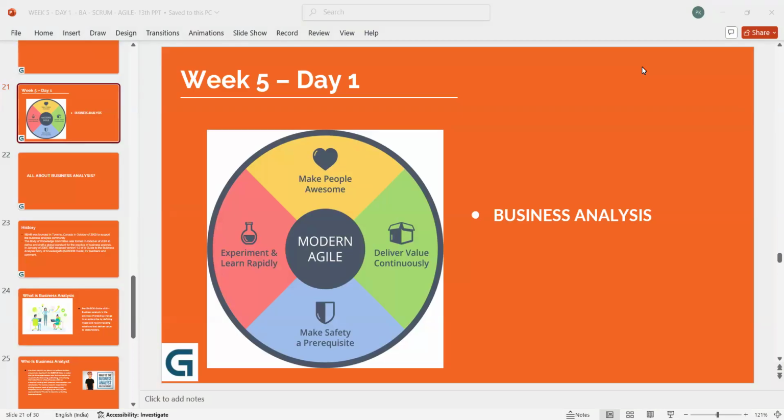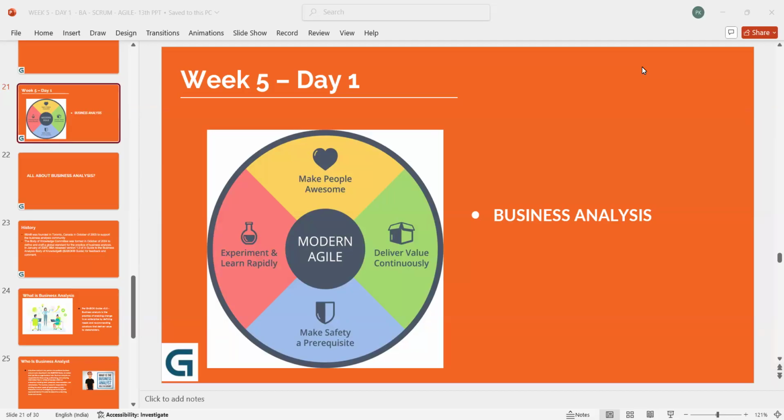In today's session, we will be starting our journey towards learning business analysis in detail. Till now, we have focused on Agile, Scrum, how it works, the principles, implementation, overall working, right? So now the important part along with Agile Scrum is business analysis. That is an essential side of this entire track. So,